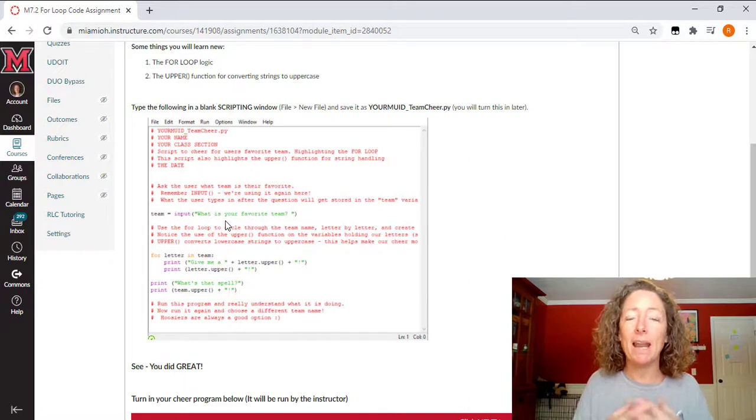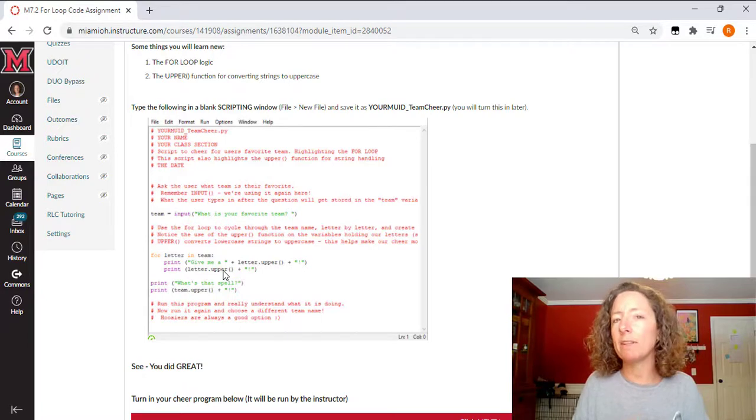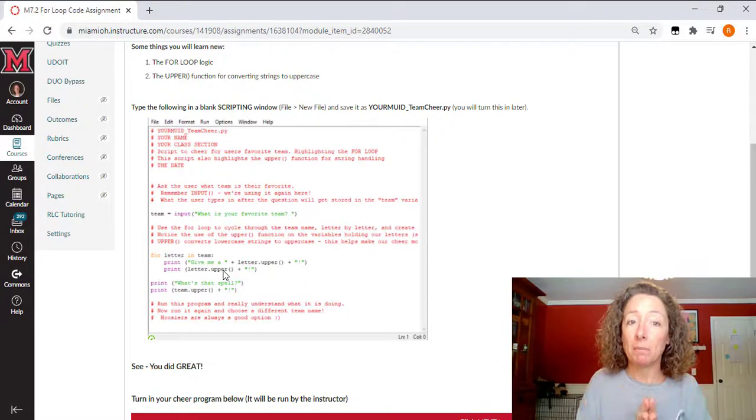You get the idea. But it asks the user with input, which you're already familiar with, to type in a piece of information, and then you're going to take that information and use the for concept with a list to cycle through each of these letters and do a team cheer for that. And you're also going to be introduced to the upper function. So wouldn't it be nice, with whatever they typed in, if we were able to scream their letters? And how do you do that? Of course, we all know uppercase is a way in the text world we can scream. So we're going to transform whatever they type in, put everything in uppercase, and send them back a cheer for their team. So write that program,